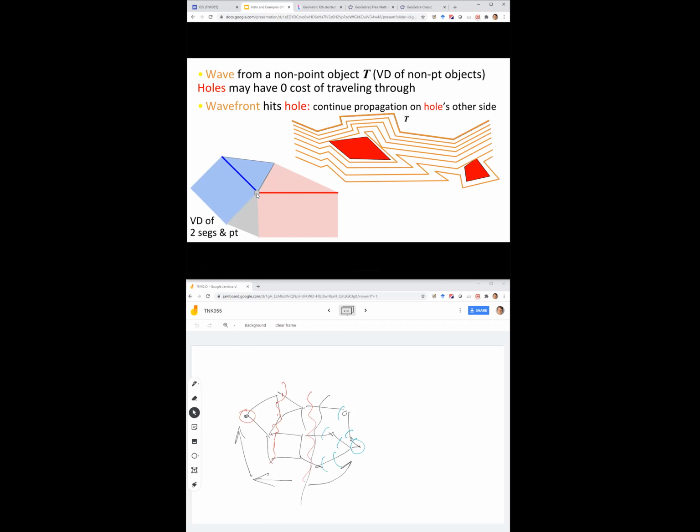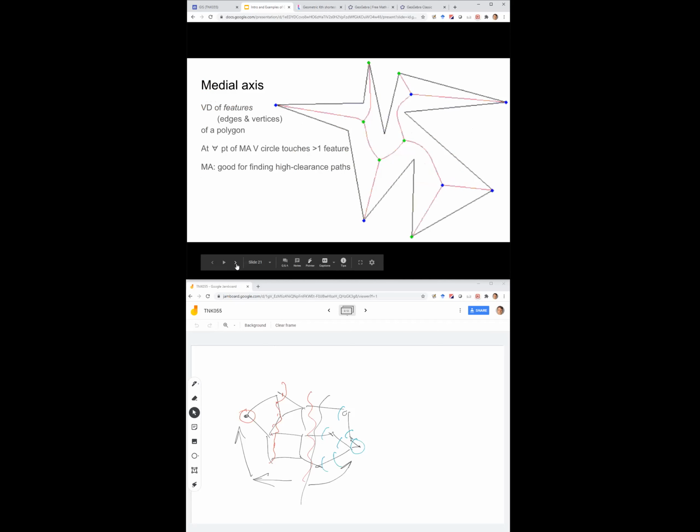So again, that's a Voronoi diagram of three features, three sides. Two of them are segments. One of them is a point, a vertex. Yes, you can make a Voronoi diagram of whatever you want. You have a set of sides. None of these sides has to be a point. All of them can have arbitrary shapes, and you can have arbitrary metrics. So in particular here, I'm showing something which is called the medial axis of a polygon. So you have this black polygon, this closed curve, and this grayish line or grayish tree inside this polygon is the medial axis of the polygon, which is the Voronoi diagram of the polygon's edges and vertices.